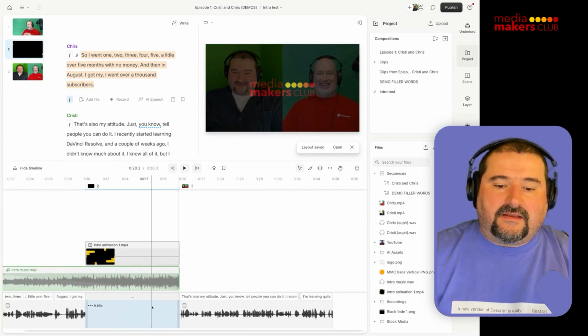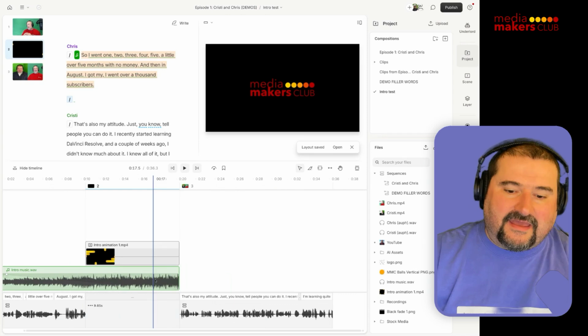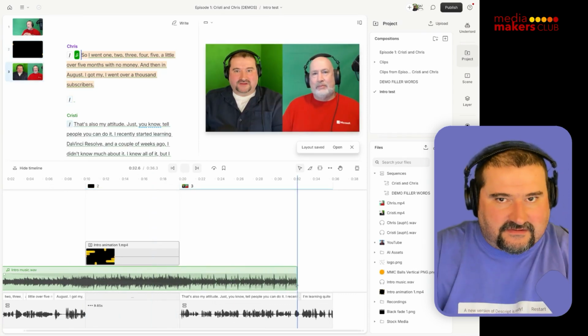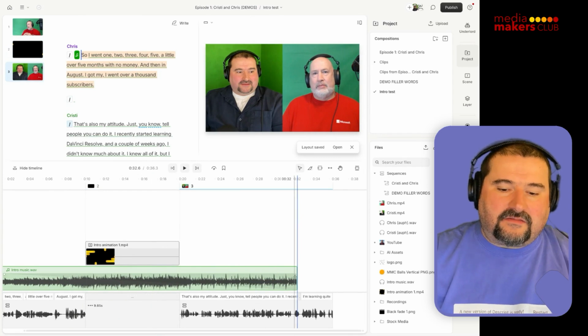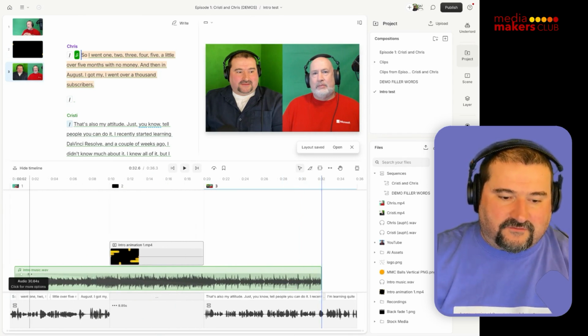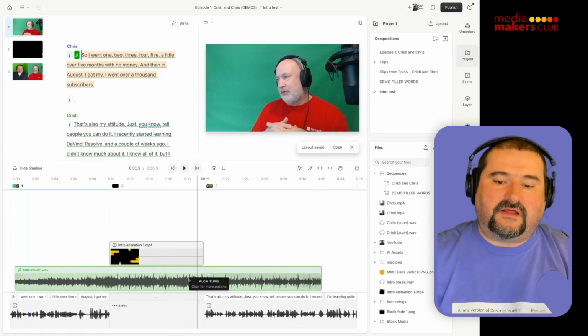You see? And now, of course, the music also gets cut off. You have to grab the music and extend the end of the music back out, outside of that scene, and then make that fade out. The fade out was actually saved. You can see it right there. There's the dot with the fade out. All I need is I want to extend that after the intro, like that.